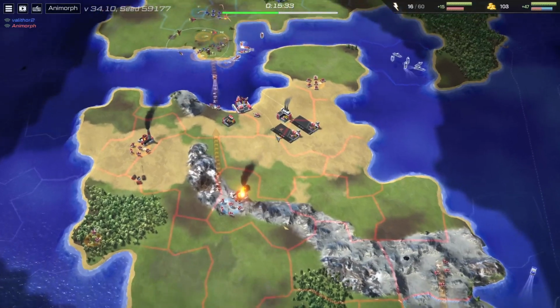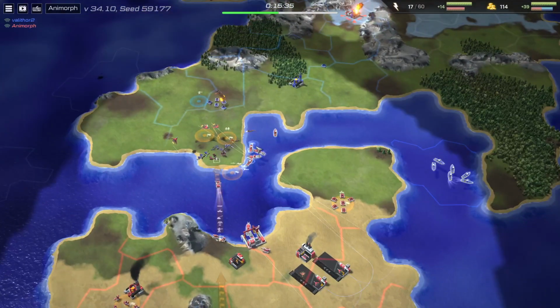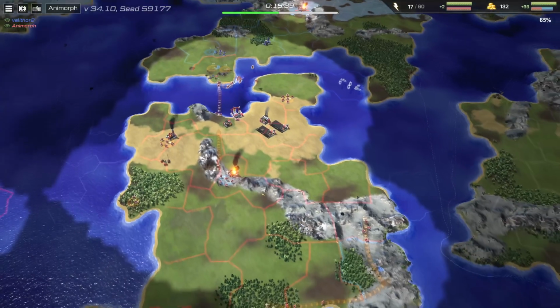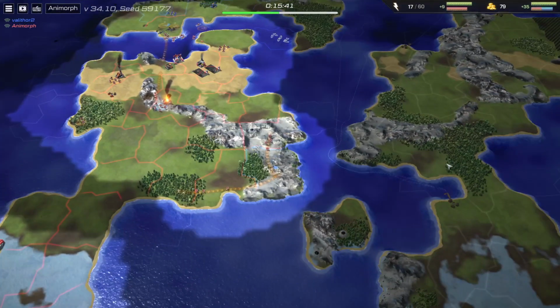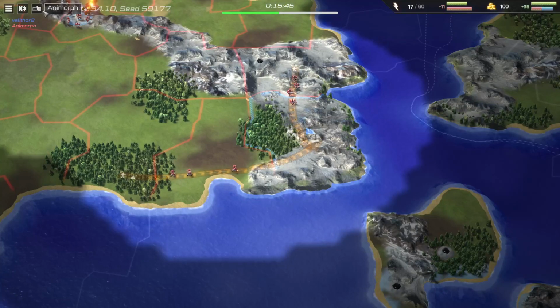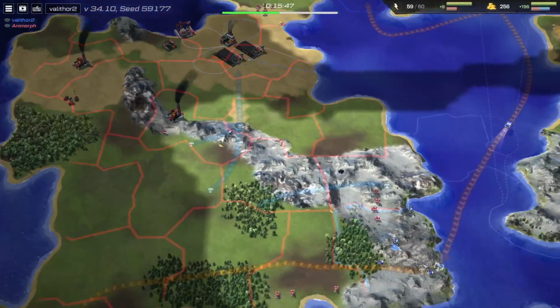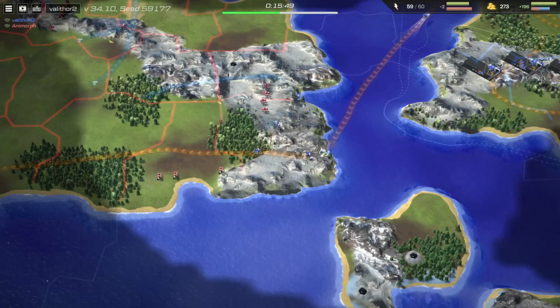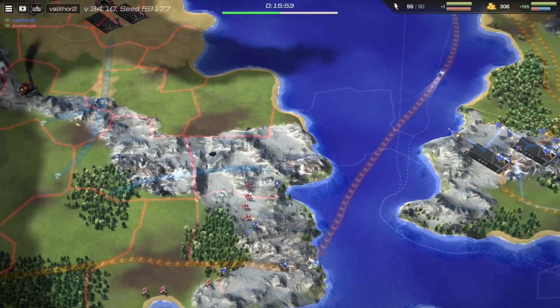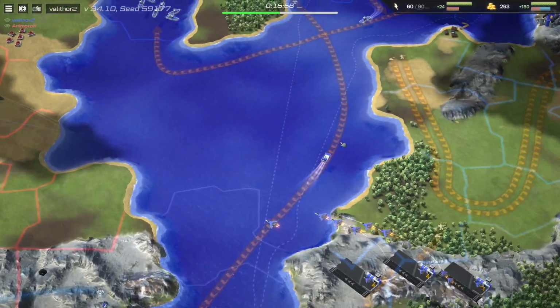Have a look at his expansion so far. So he's managed to do that. He is trying to claim that territory back. He has no idea what's going on this island here yet. But there is something going on here. Have a look. Valithor, yeah, he's got some commandos coming in through there by boat. It wasn't dropped in by plane over here, I don't think, because he hasn't got any...